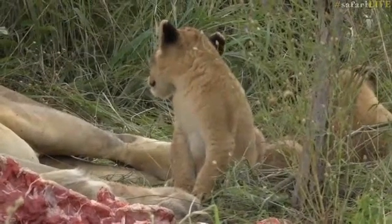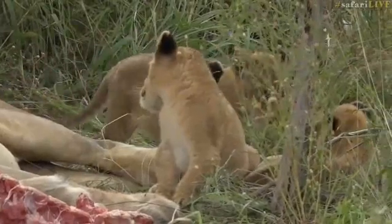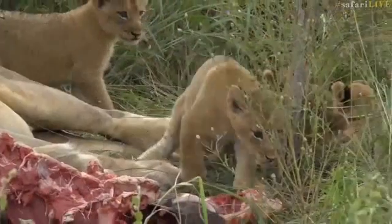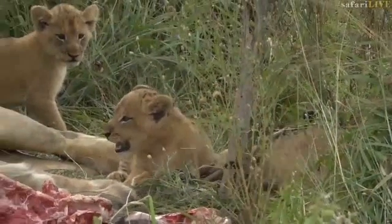Welcome to Safari Live. So they're making their Safari Live debut, I think. I don't think they were seen yesterday with James and Jamie. So it's really good to see them. And there are 4 of them in total. And they've done really, really well to be able to